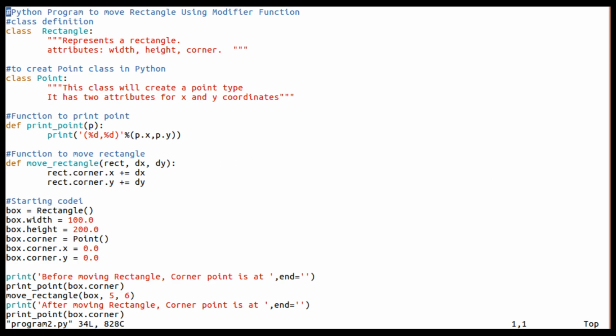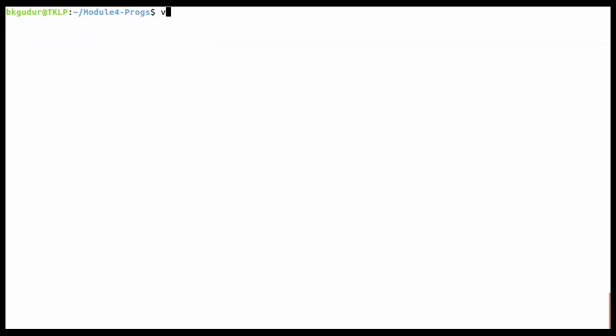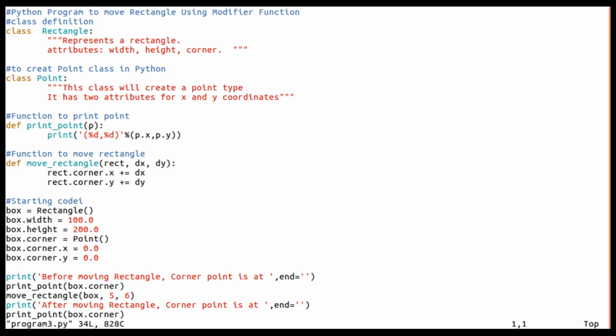The same program I am going to copy to write program 3. Now here I am going to change it.